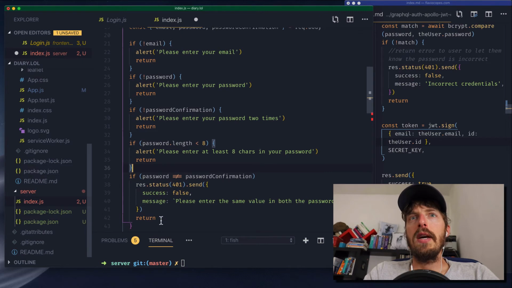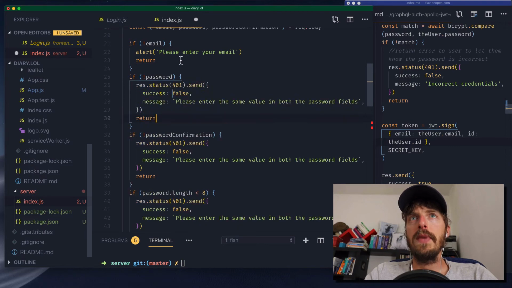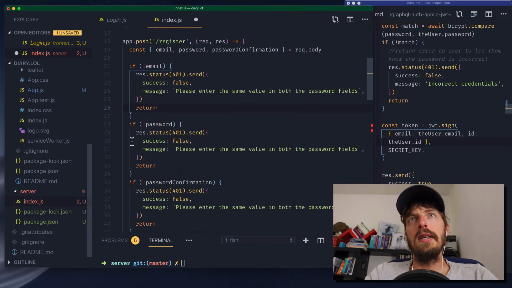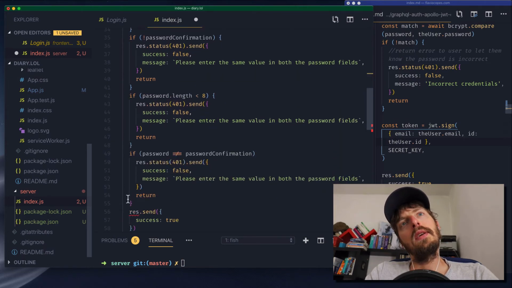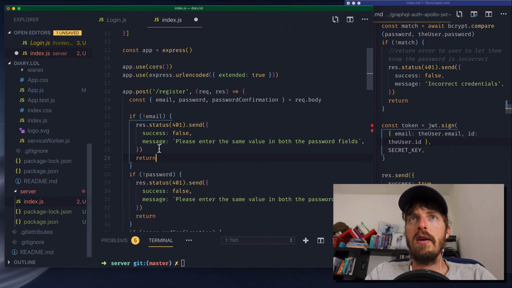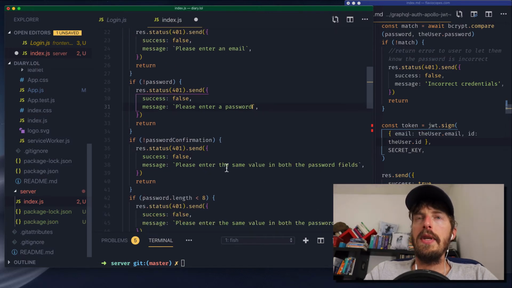So instead of having an alert, we're going to have a set of response.status something and a return. So the application does not go on if there is any of those errors. Please enter an email. Please enter a password, and then please enter